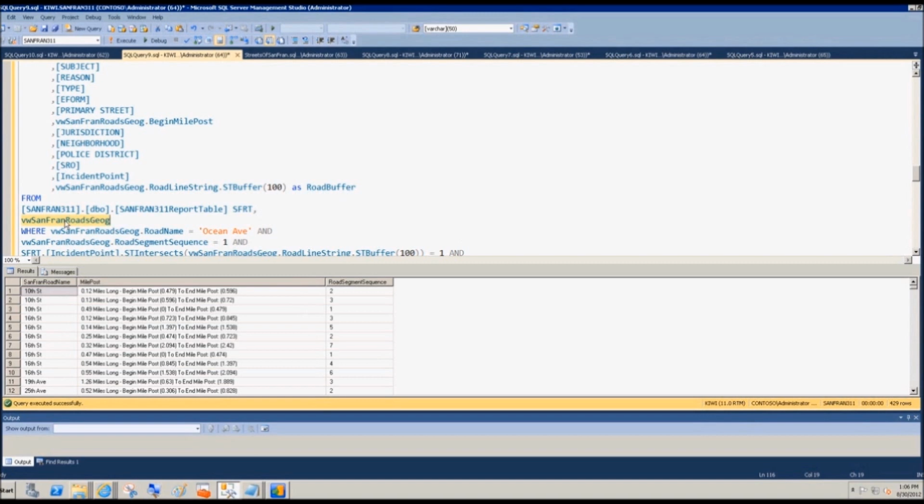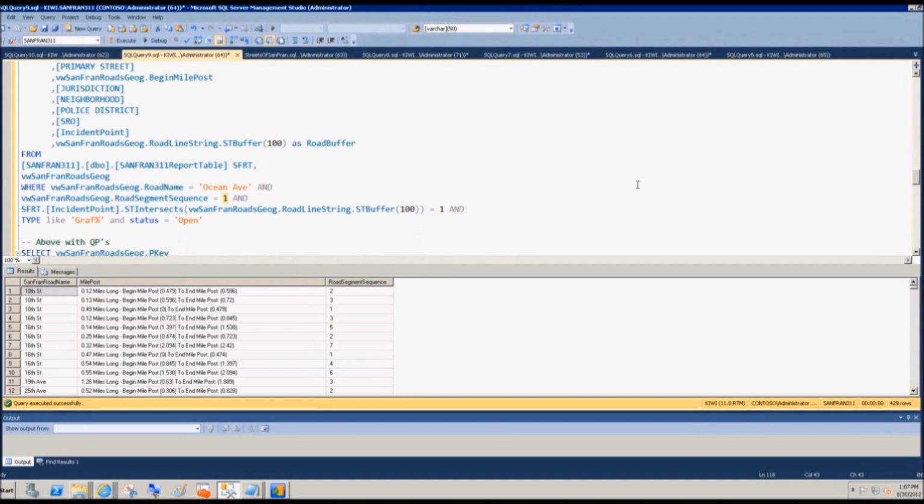So, first of all, what are the tables that I need to select from? Well, I want my view that has the SanFran roads, right? So that's the view that I set up earlier. I need that. And I also need the report table. The report table has our 311 incidents. What I need to ask in my where clause are some good old-fashioned predicates, like road name equals Ocean Avenue, like road segment sequence is sequence 1,